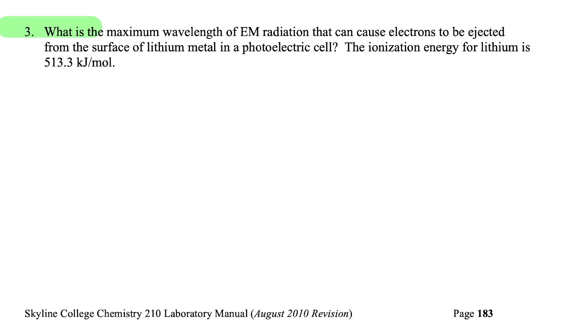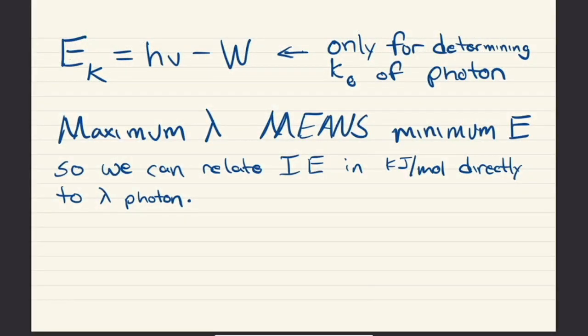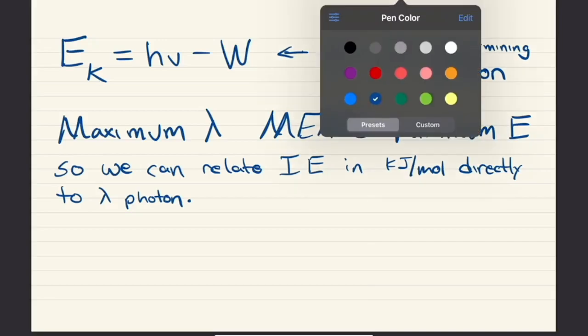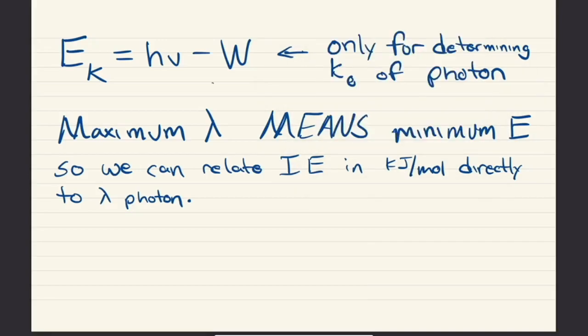Now, approaching this question, given that we understand that it takes a certain amount of energy to remove an electron, a lot of people will make the mistake and utilize this equation here. However, this is not the equation that we need,